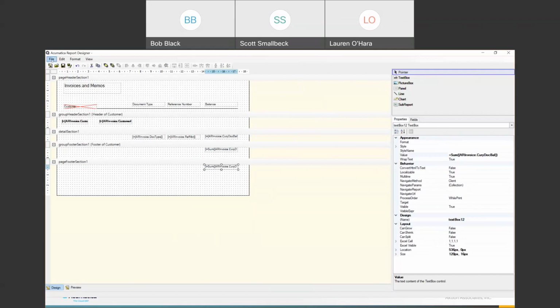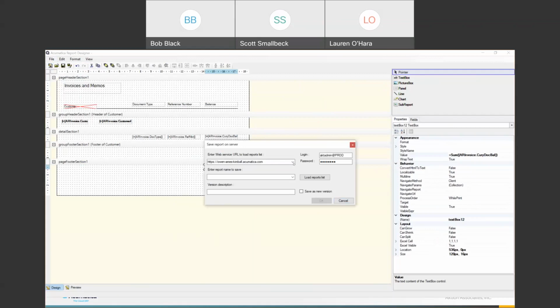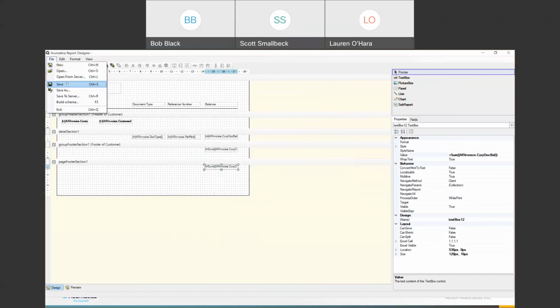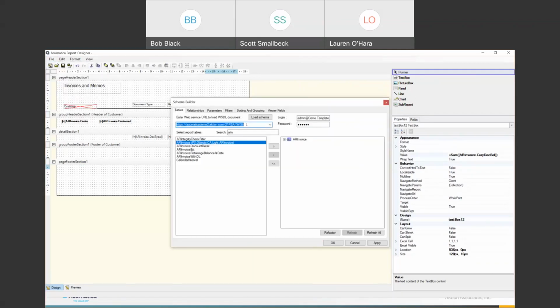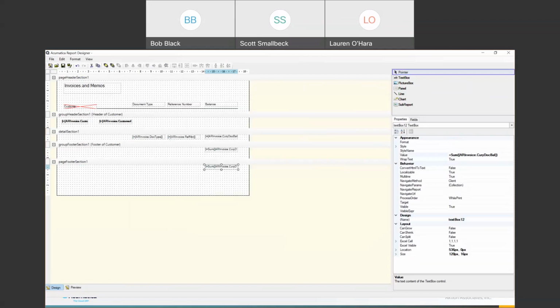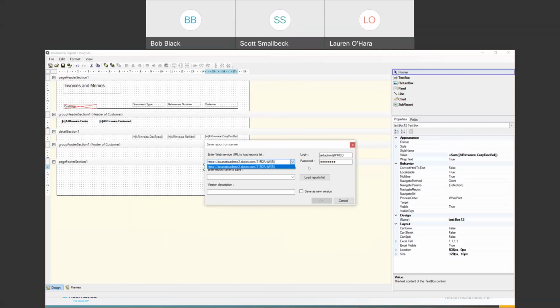So let's go ahead and save that to the server. So again, if I want to grab one off the server, I'd say open from server. Here we're going to do save to server, and we're going to grab the demo. I haven't gone to this one before, so let me just really quickly say build schema. I just want to grab this URL without having to jump around too much. And now I'm going to do save to server, paste in that URL, and here we're going to change this to admin at demo